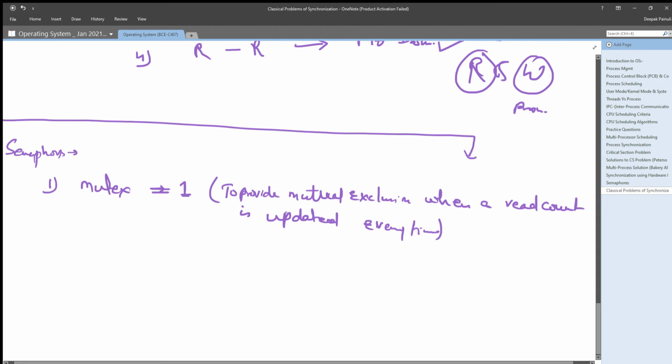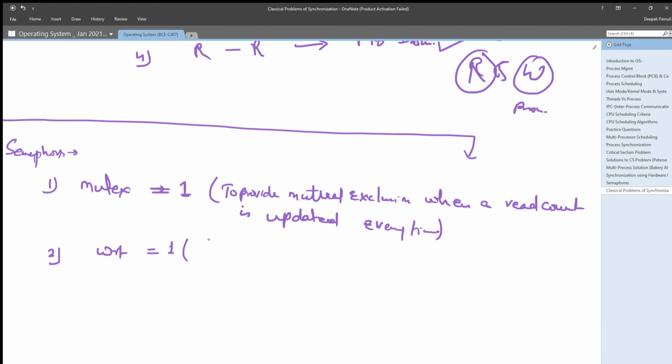So for that we also have another semaphore, read count, which will be a counting semaphore, right? And the second semaphore we'll use is WRT, which will also be initialized with 1, obviously, because we need to first perform the wait operation on these semaphores. That's why these are initialized with 1.